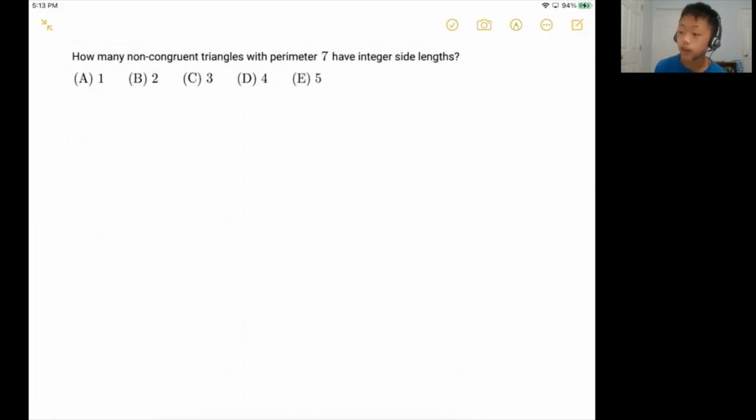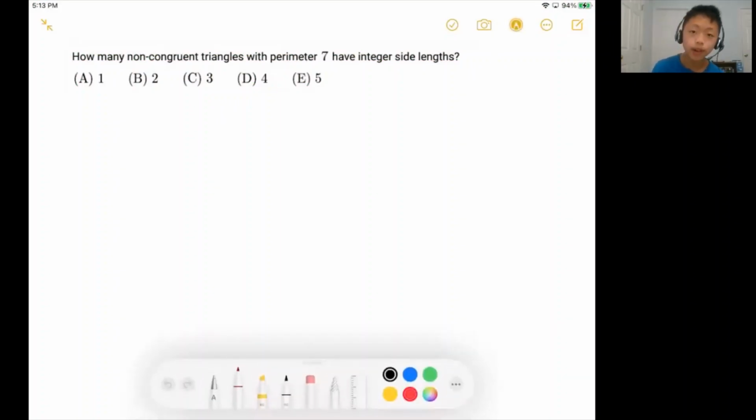How many non-congruent triangles with perimeter 7 have integer side lengths? So this is a counting problem, right? They want to know how many triangles satisfy this certain property. Remember, as we talked about, one of the most common counting strategies is casework,